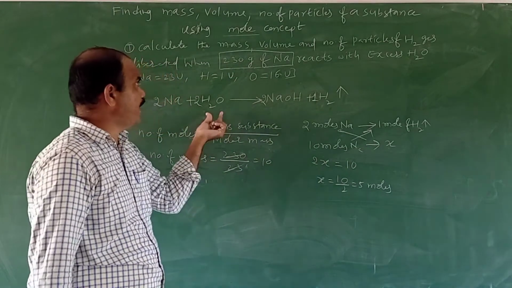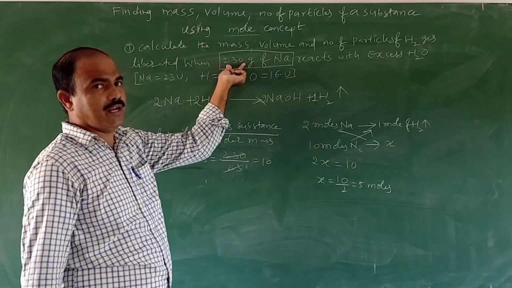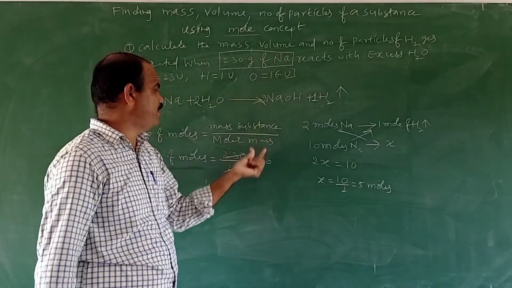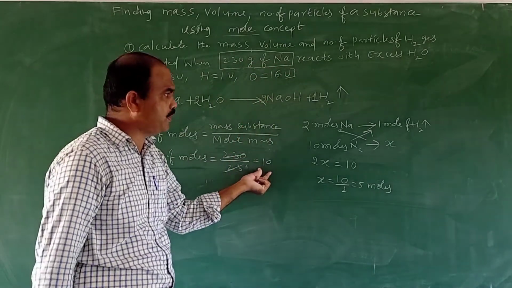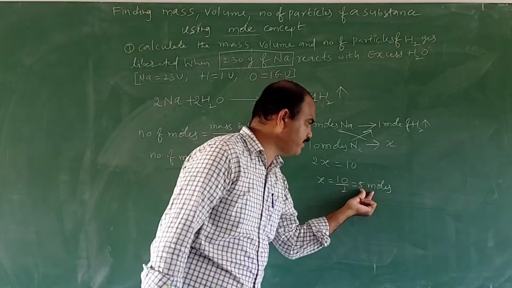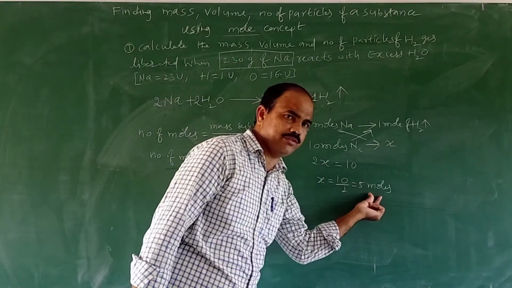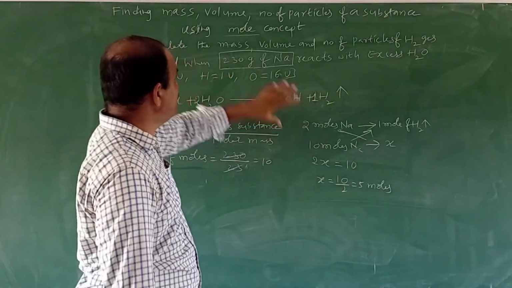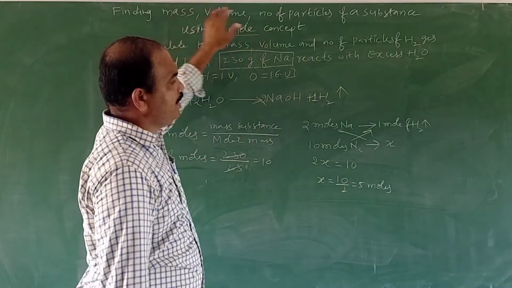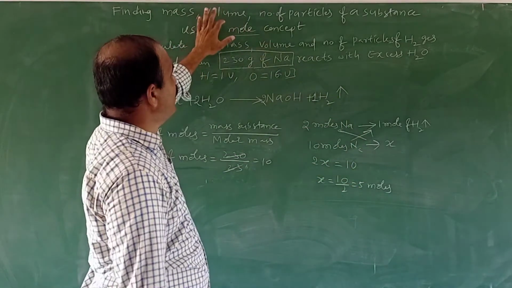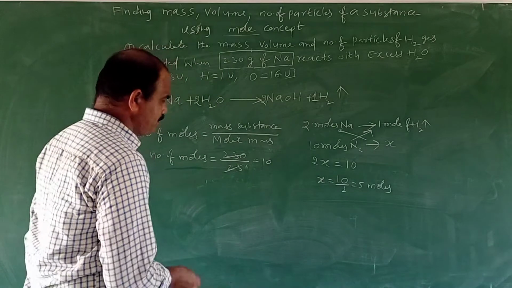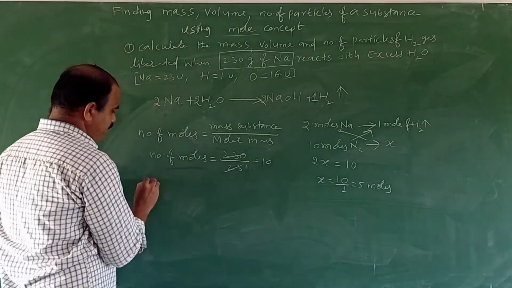And how many moles of hydrogen gas will be liberated when 10 moles of sodium, with a mass of 230 grams, participate? When 230 grams of sodium participates, it contains 10 moles. Due to the 10 moles, how many moles of hydrogen gas are produced? 5 moles. If you know the moles, you can easily calculate the mass, the volume and the number of particles of hydrogen gas using those formulas. First of all, I am going to find the mass.